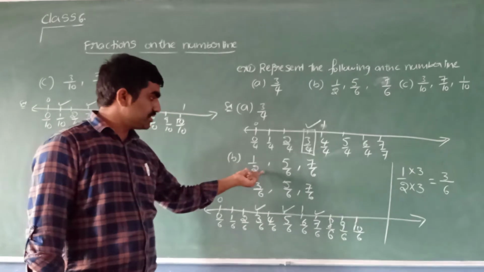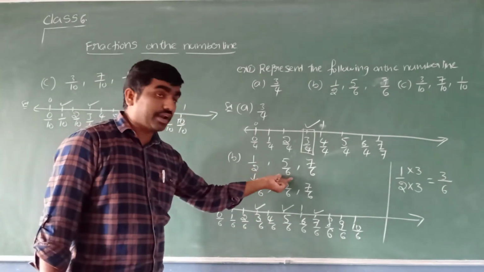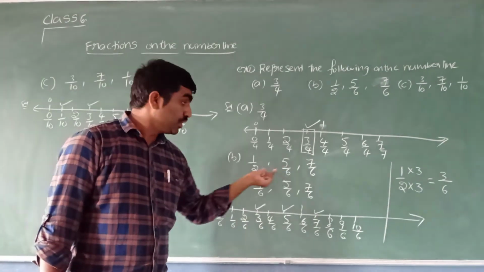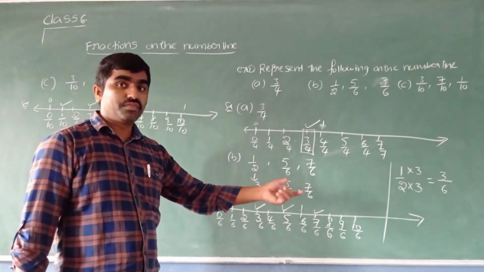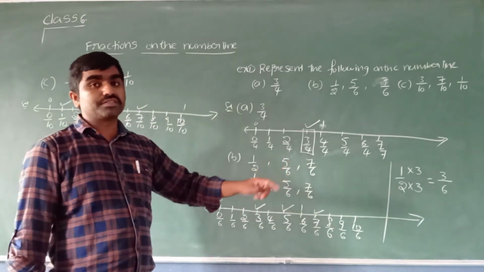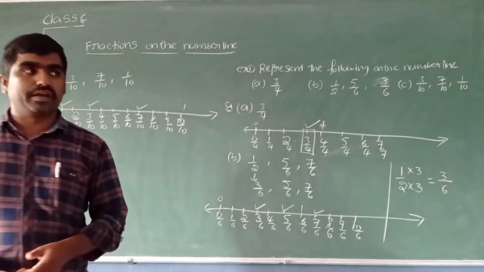If there are any unlike fractions, we'll make the denominators the same. Sir, suppose two fractions are unlike, for example, 2, 3, 6 denominators. Find the LCM of the denominators and make them the same denominators, so that we can see them as like fractions and represent those like fractions on the number line.